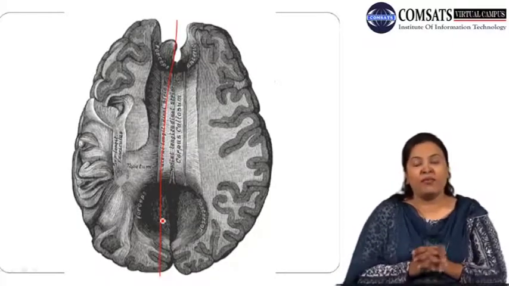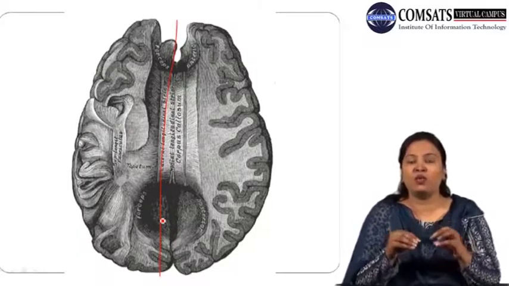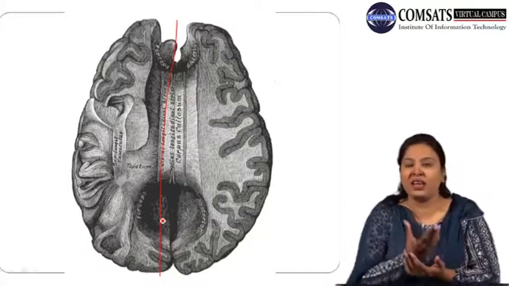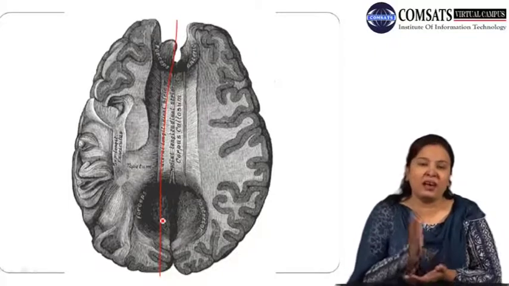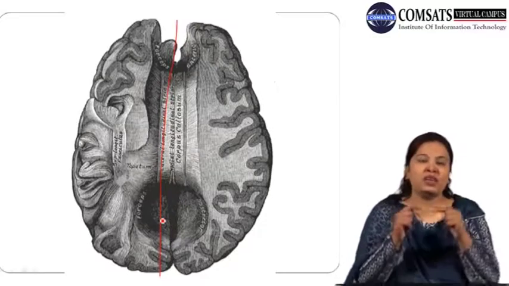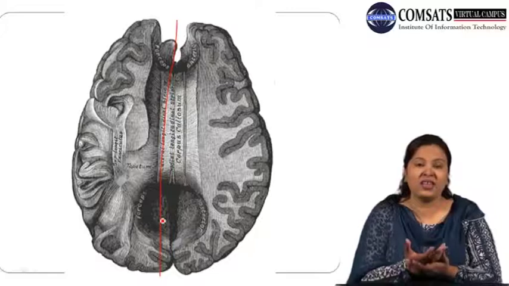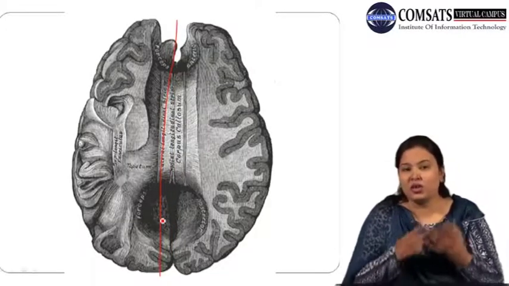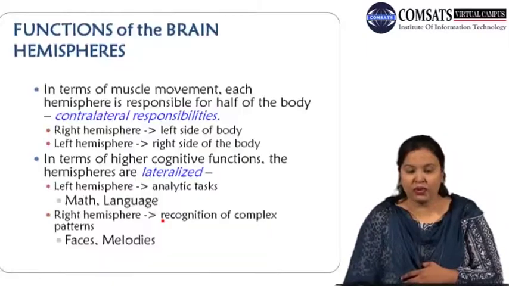But to make it very clear, keep in mind that we are only focusing on the structure of the brain with respect to language, and we have seen what areas are important. There is a longitudinal dividing line between the left and right hemispheres, then there is the corpus callosum, a bundle of nerves which connects the left hemisphere with the right hemisphere, and a cortex where language processing is considered to be done. So these are the important areas in our brain with respect to language.